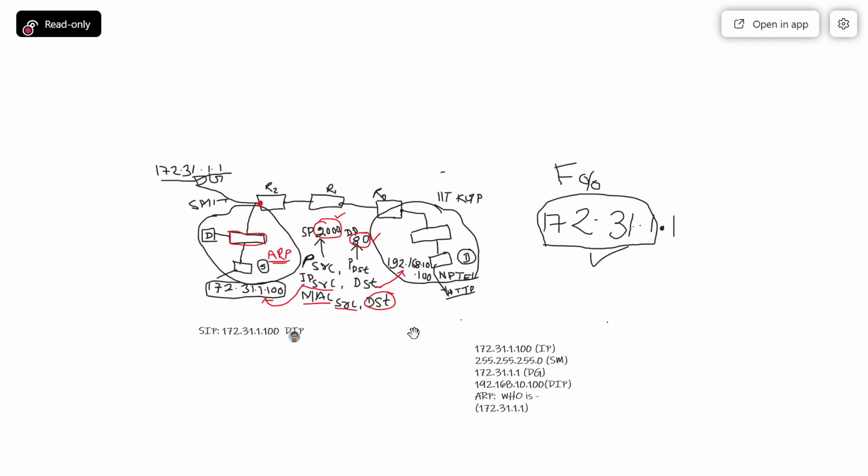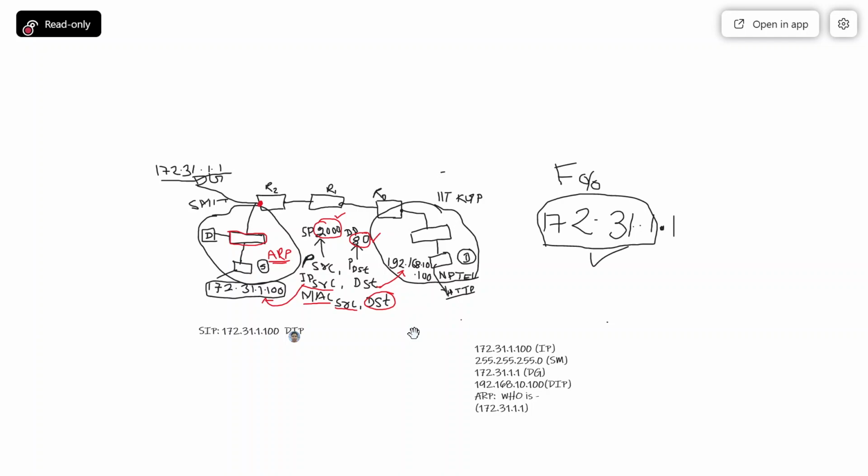It will look at the destination IP, and how that destination will be reached, and if it can be reached, it will compute the MAC of the default gateway. Because router 1 is not directly connected with IIT KGP, it will not know the computer inside IIT KGP.